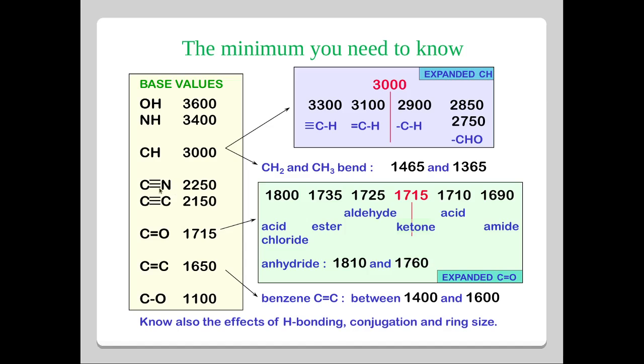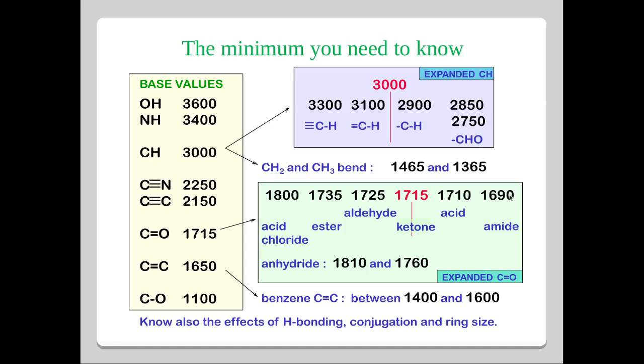Then nitrile systems, C triple bond N, come at around 2250 centimeter inverse. That's pretty easy to identify because there is not much difference in the reduced mass of carbon and nitrogen, therefore it comes close to the frequency range of C triple bond C, which comes at around 2150 centimeter inverse. Then carbonyl is typically around 1750 centimeter inverse. Okay, and we shall start with the lowest frequency one,